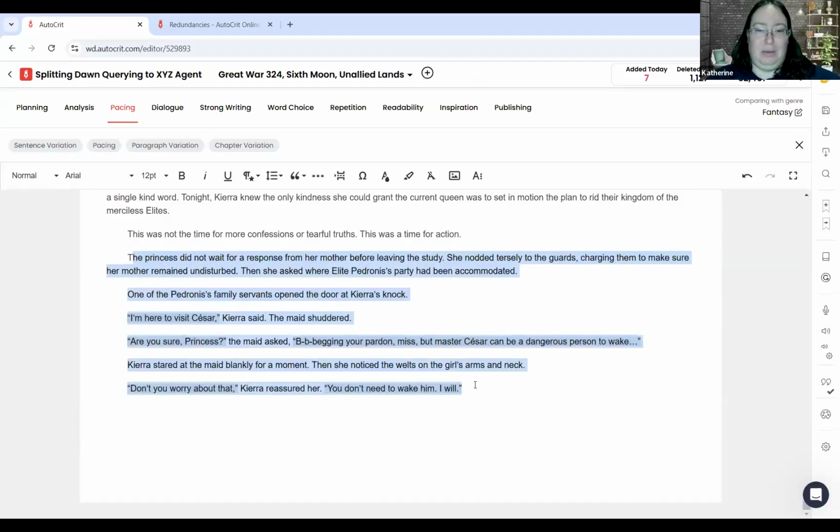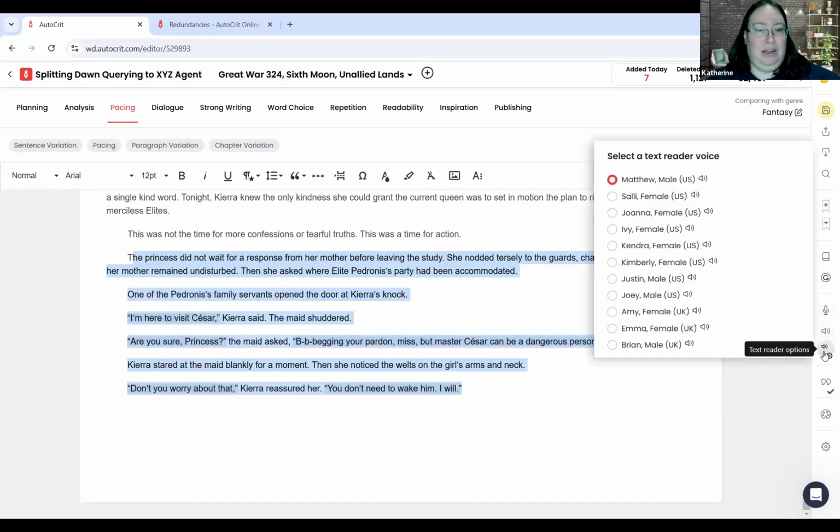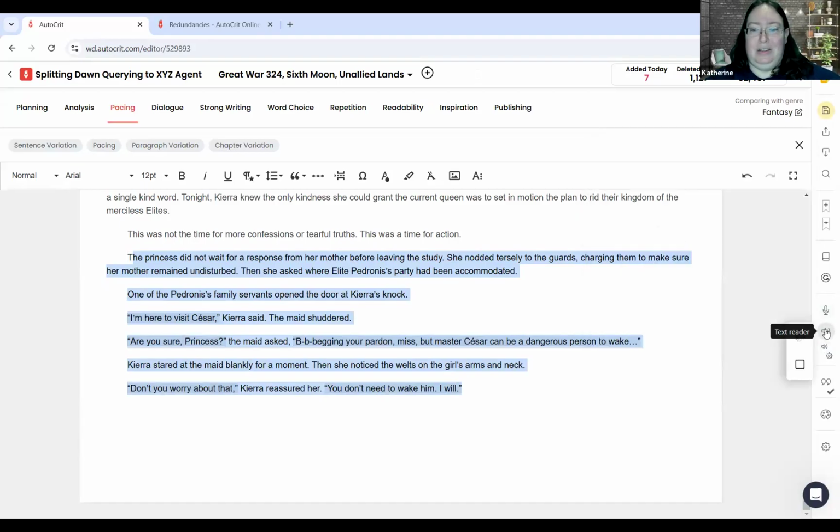Okay, let me go ahead and show how you do the read aloud feature. Oh, sure. Since we've got that extra minute here. So if you pull up your page and you highlight a couple paragraphs, about 200 words worth, if you go over here underneath the dictate button, that's where you click to do your voice to text. You're going to click the text reader. Now, first you can set up any text options you want underneath it. Choose the voice that works best for you. Then under the text reader,